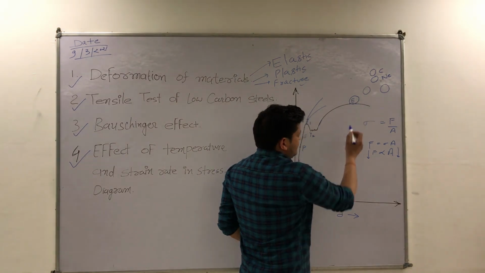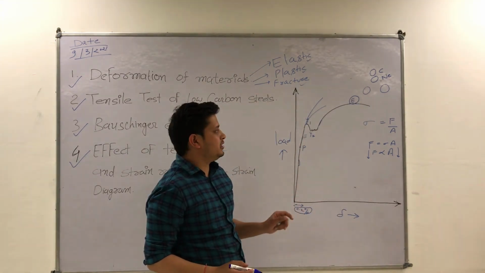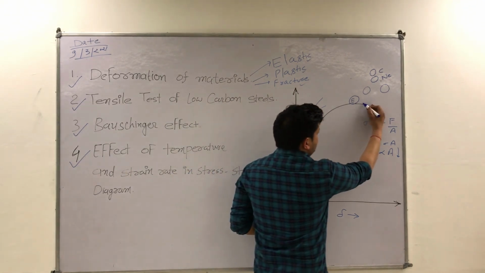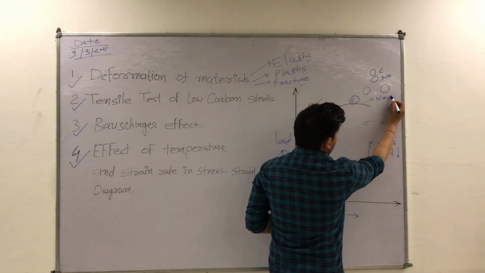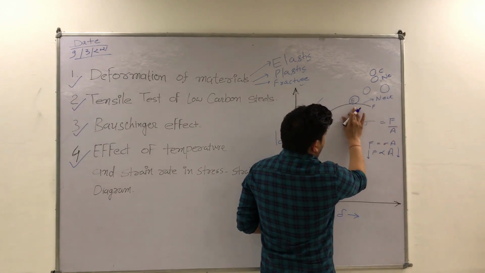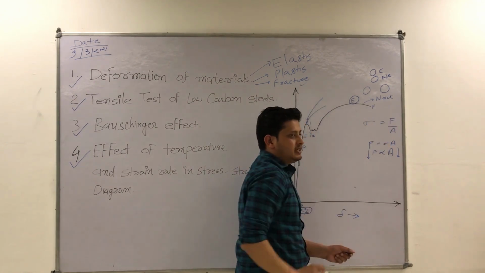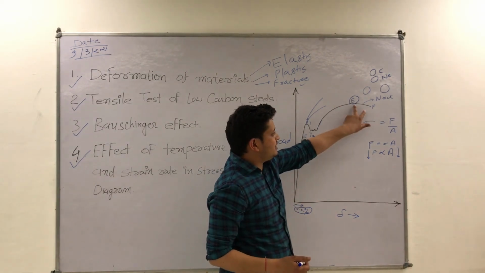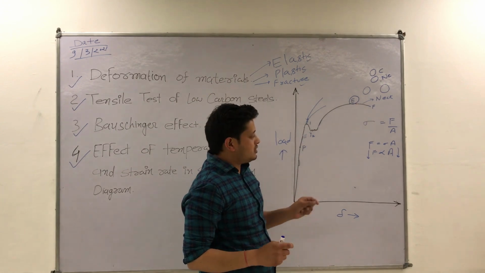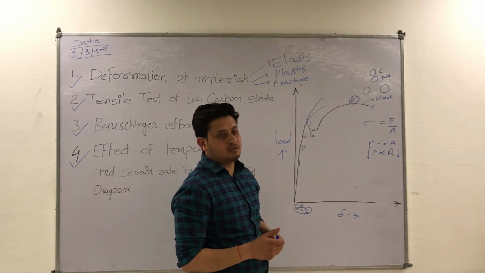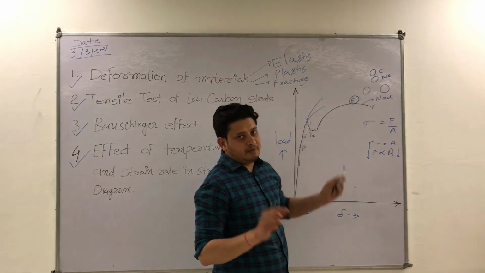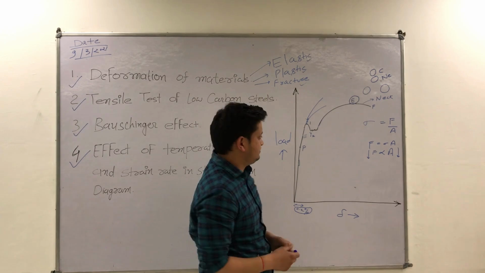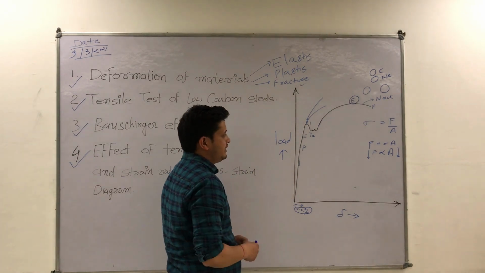After that, a high amount of load is generated at a very low area, and this particular region is known as the neck region. And this is the point of fracture, and this particular E to F region is a region where there is a complexity of the stress in nature. Means there is a triaxial state of stress condition, because a very high amount of force is produced at a very thin section. This is the typical stress strain diagram.